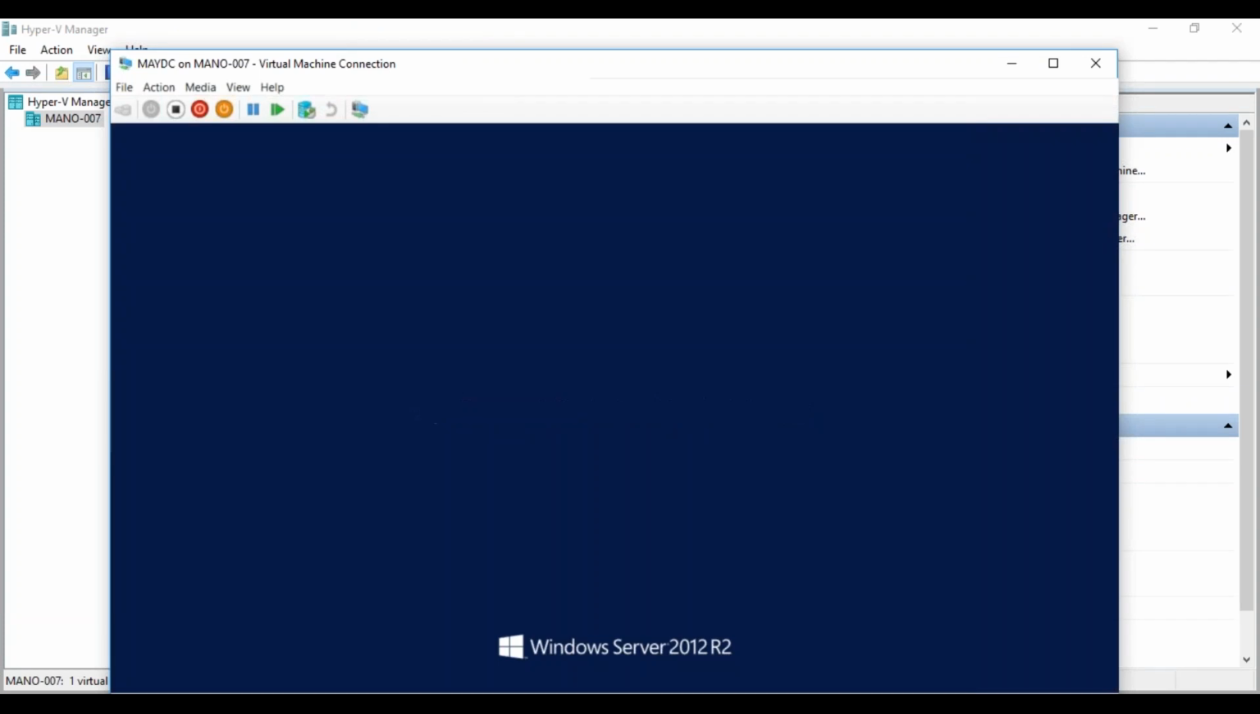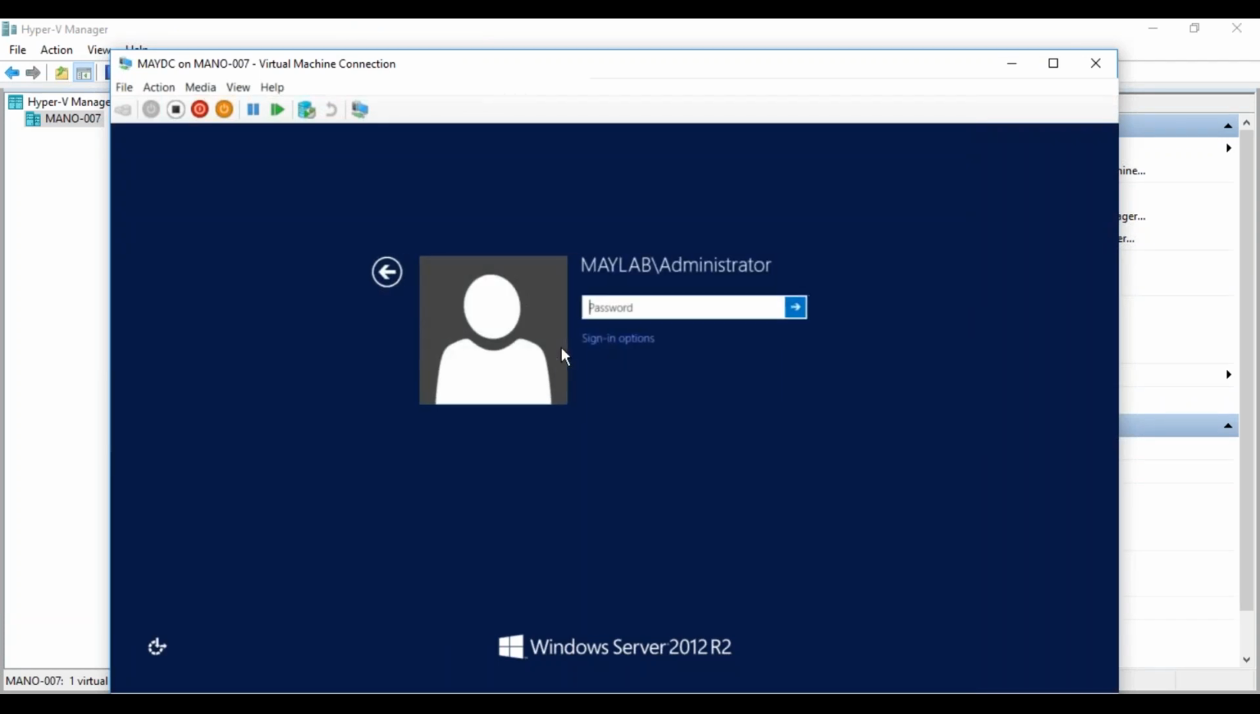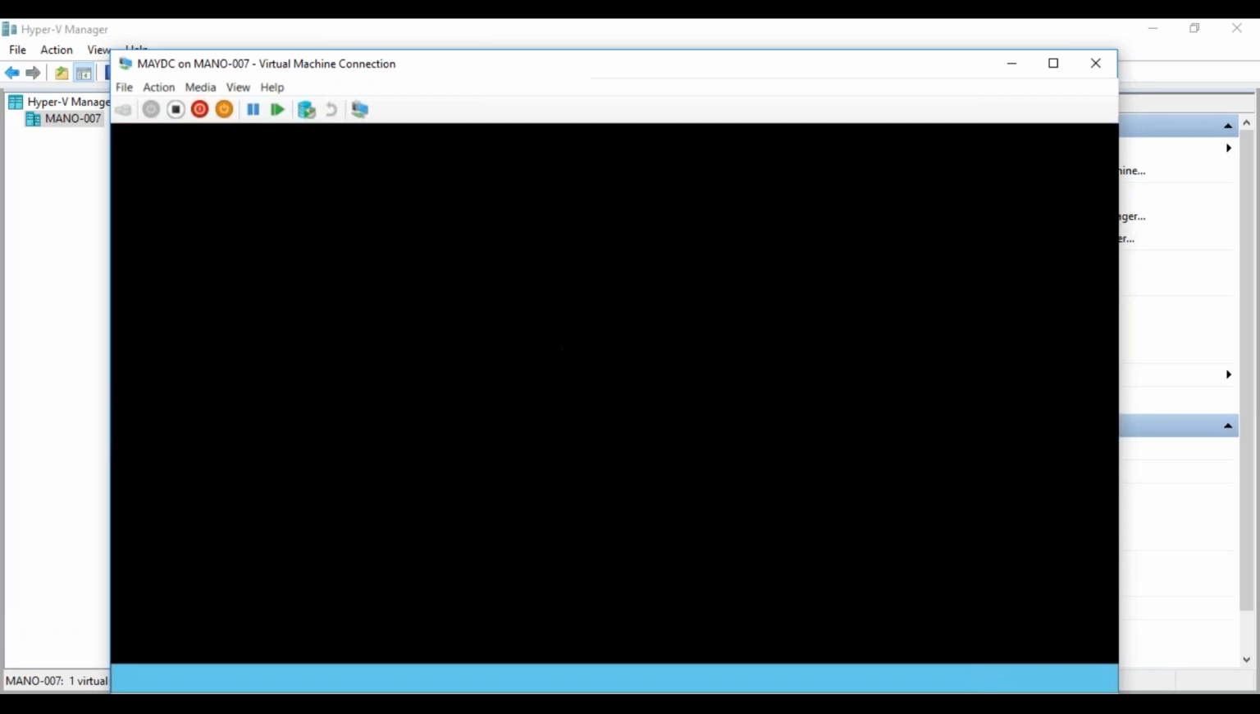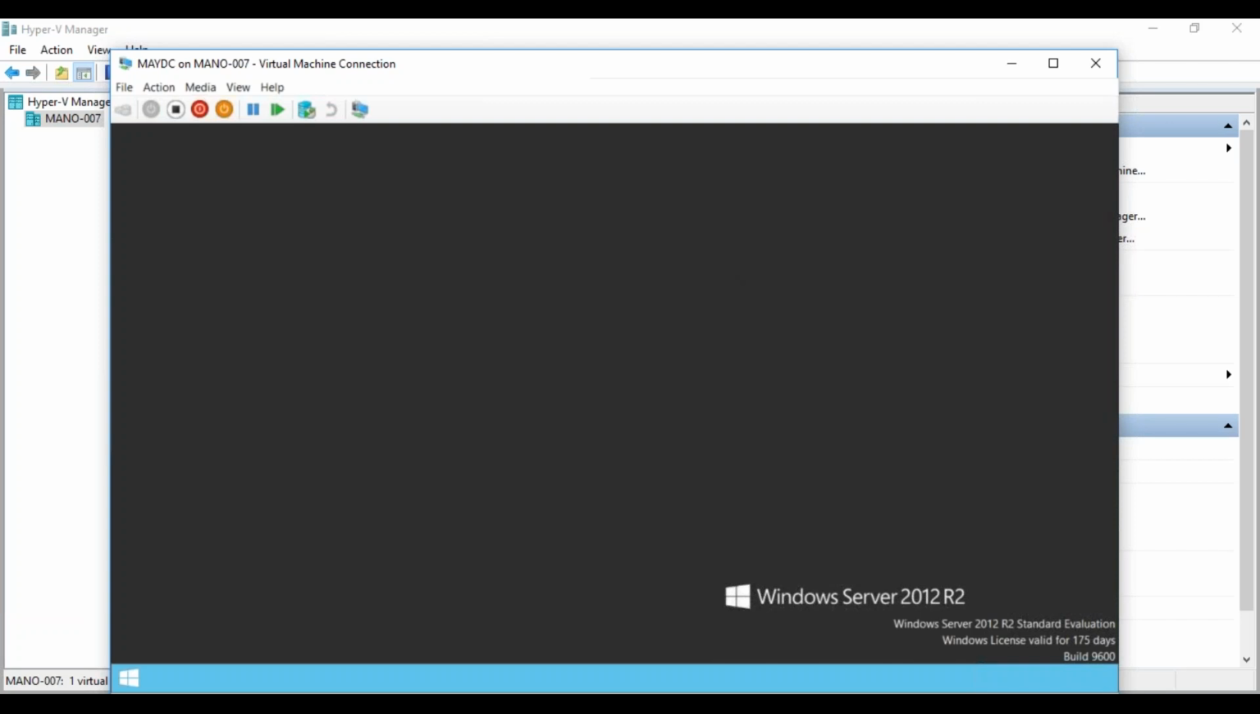See, if I open the domain controller, you remember when we created the system management container, it was empty, right? There were no entries in the system management container. Right now, if I go back there,